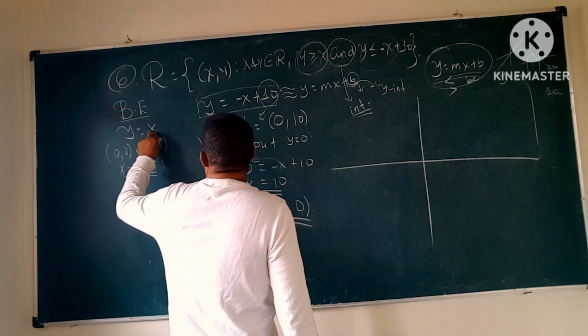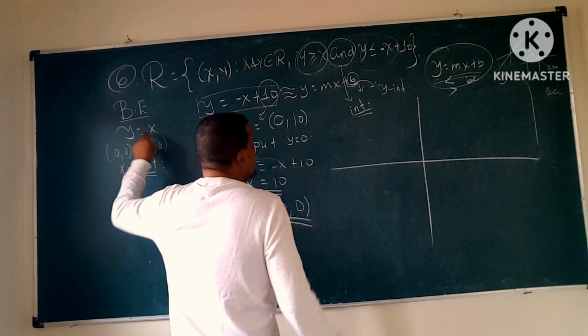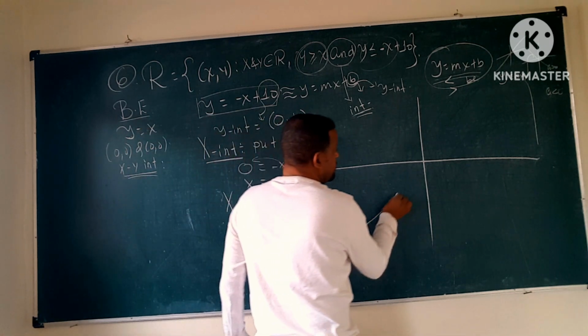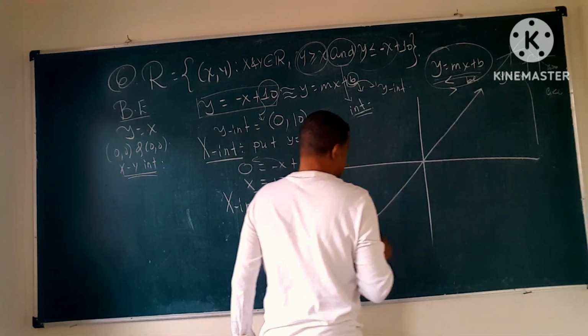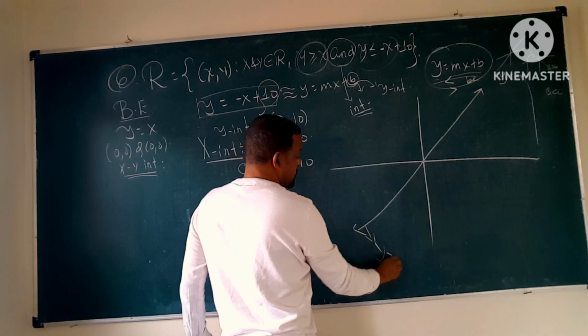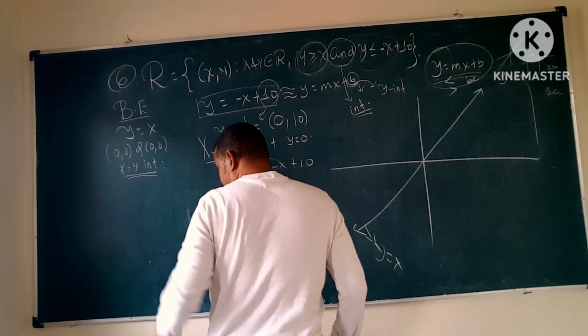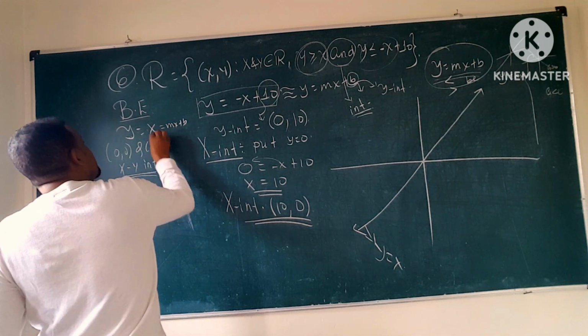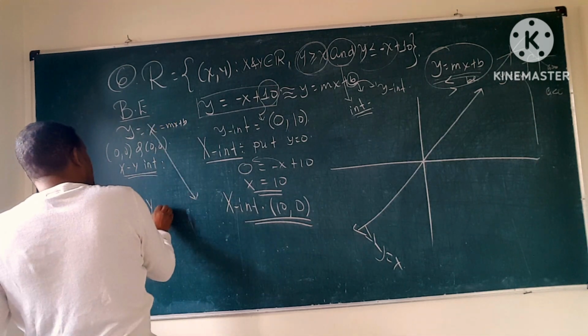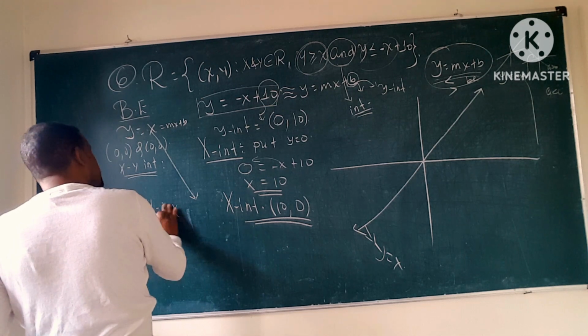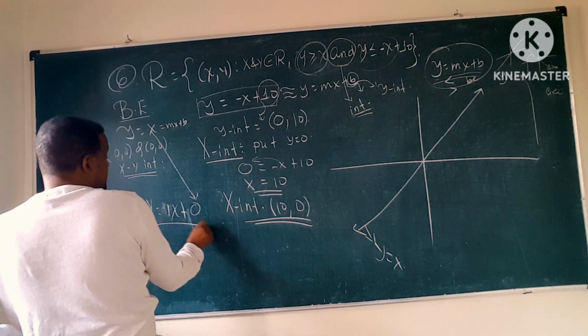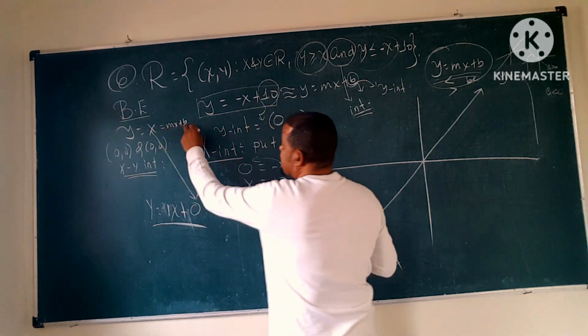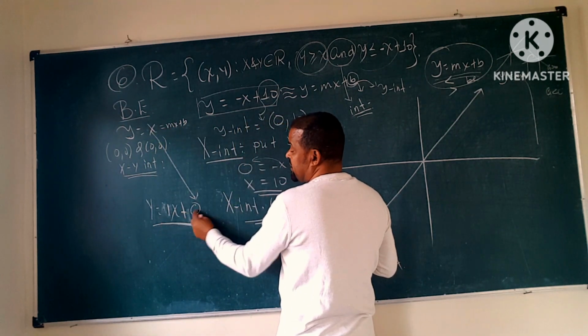graph y is equal to x። እዚህ ጋር ያለው a positive ስለሆነ ስለዚህ rising from left to right ነው፣ ይሄ ግራፍ ነው። This is the graph of y is equal to what, x። ይሄ ራሱ y is equal to x በmx plus b form ተጽፏል ባርጉ፣ አይደል። ይሄ ማለት look, y is equal to 1x plus 0 ማለት ነው። y is equal to mx plus b, y is equal to 1x plus 0, y intercept is 0